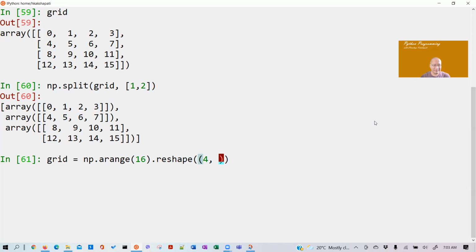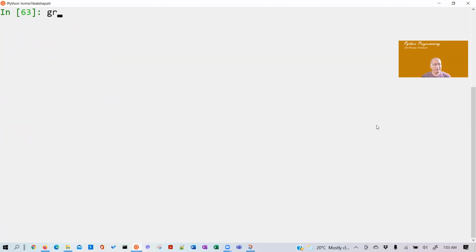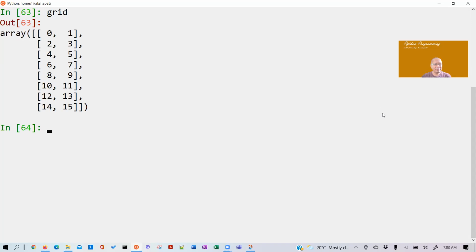You recall. Now the grid, but if I do this, let's try that. So np dot split and grid